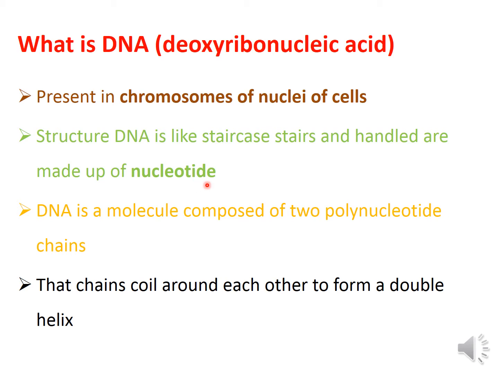You know how proteins form, they are made up from amino acids. Like that, the nucleotides combine together and then DNA formation takes place. DNA consists of two polynucleotide chains. Those chains are coiled together and form a double helix. That structure is known as DNA. So DNA is a polymer present inside the nucleus, inside the chromosomes, and it consists of two polynucleotide chains. So let's see how they are made up from nucleotides.